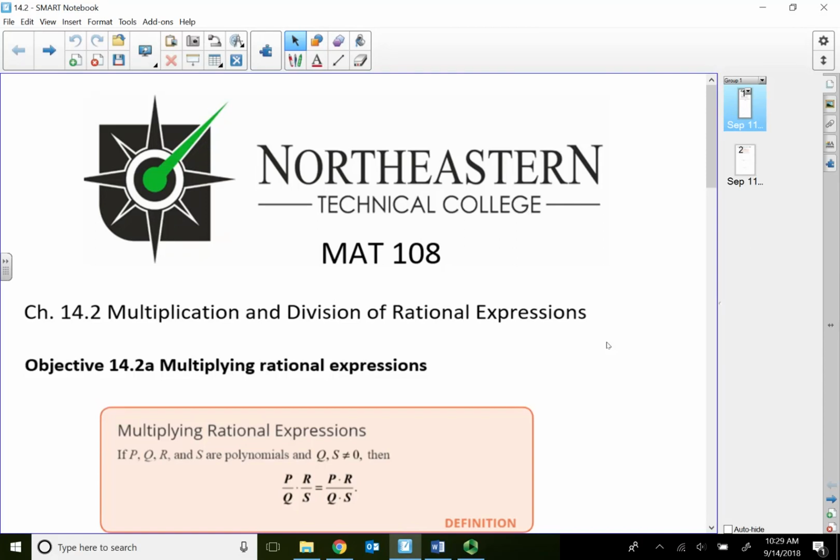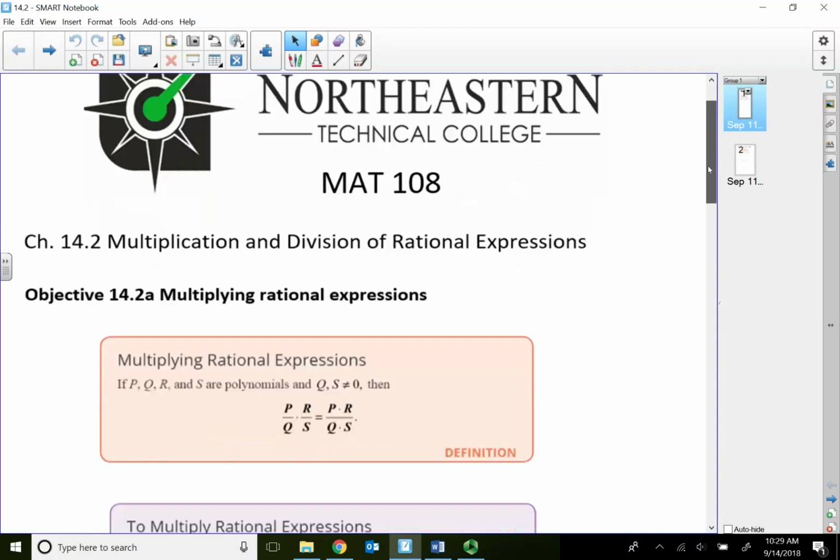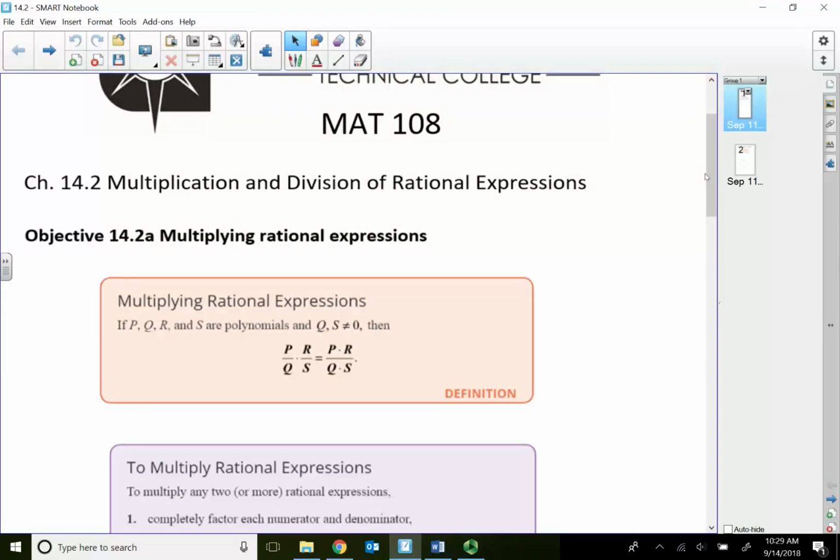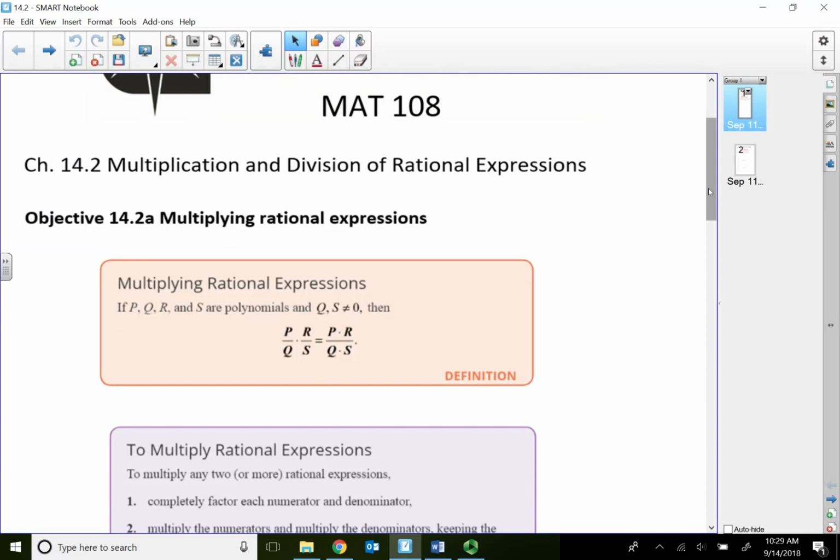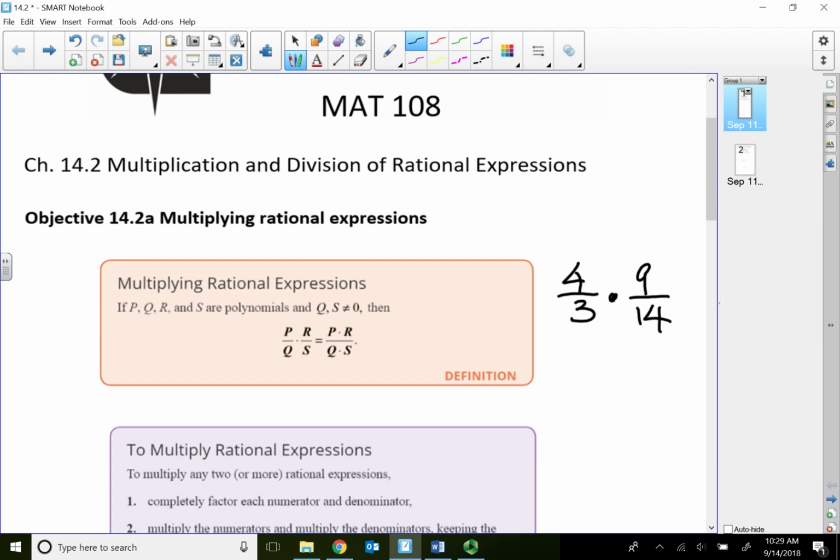Welcome to module 14.2. In this lecture video, I'm going to show you how to multiply and divide rational expressions. So, as you can recall, when we normally multiply fractions, like if I have 4 over 3 times maybe 9 over 14. All right. When we normally multiply by hand, what we do is reduce